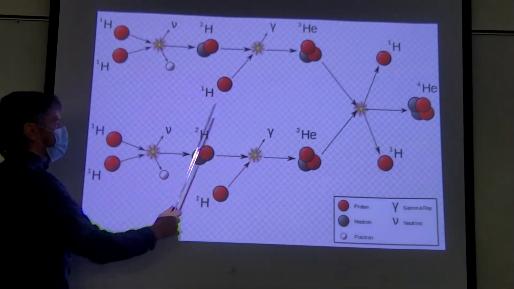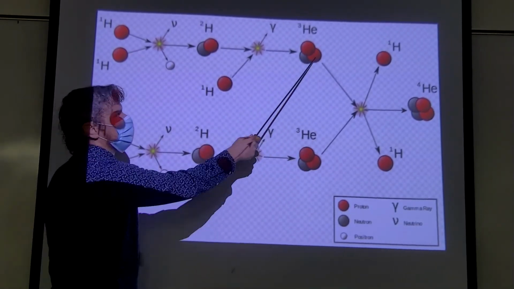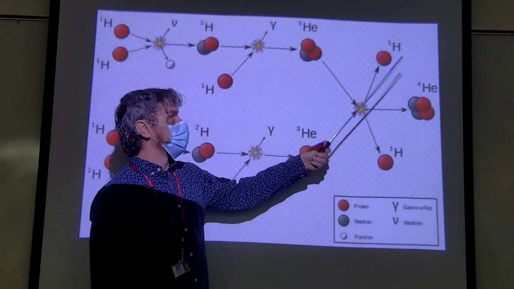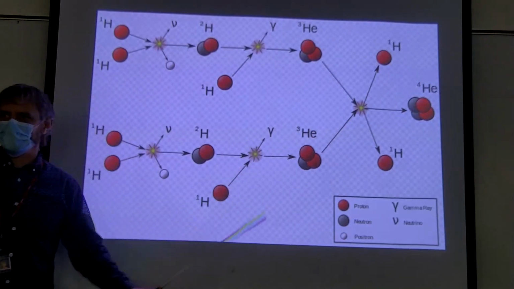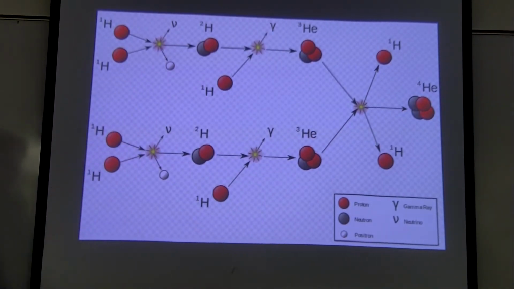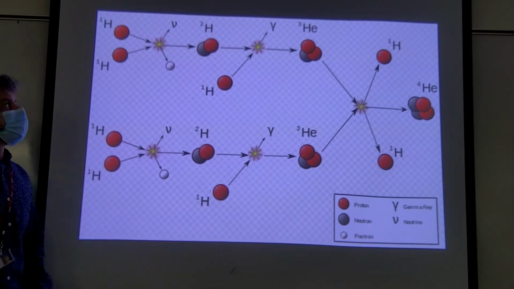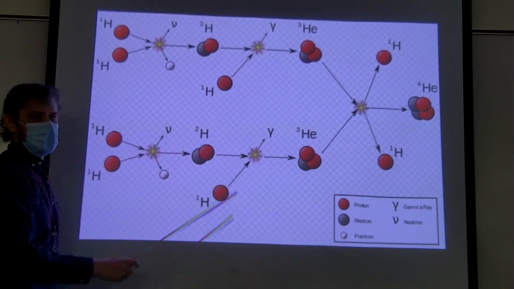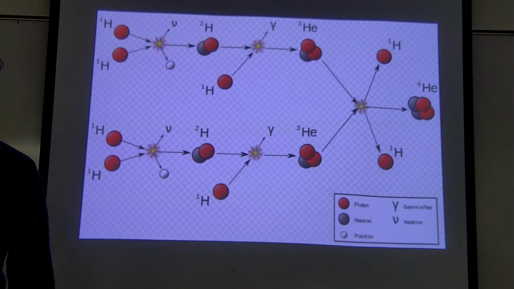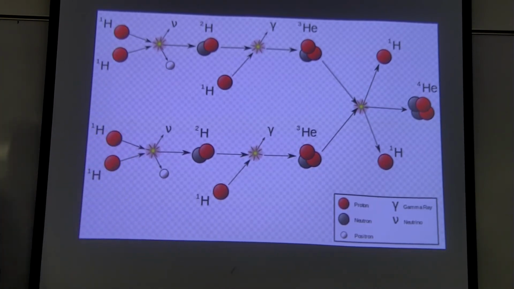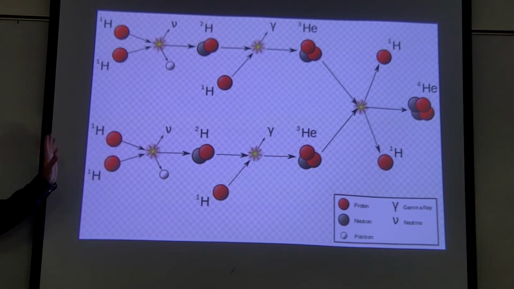That happens here. That also happens down here. And then the two helium-3 nuclei collide together to produce a helium-4 nucleus, and then two hydrogens just get spat out to undergo this process again. So this is what's going on inside the sun. The energy that we get from the sun are these gamma rays. Those gamma rays come to us from the sun, carrying energy that is liberated from the nuclear potential energy in this process.